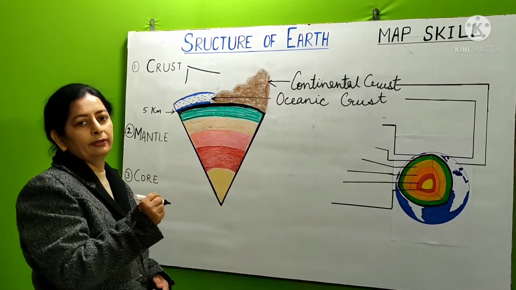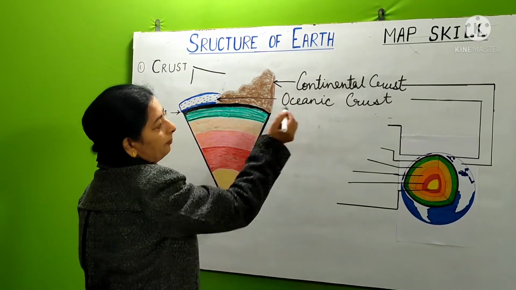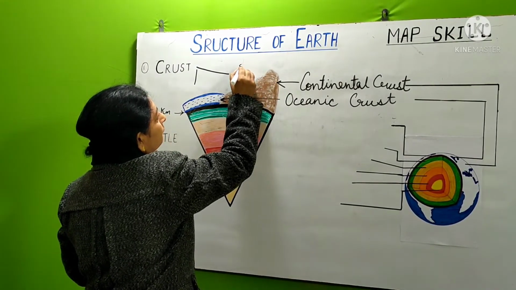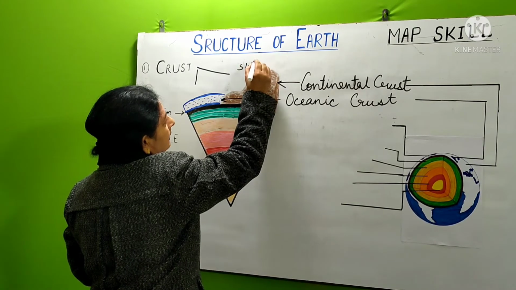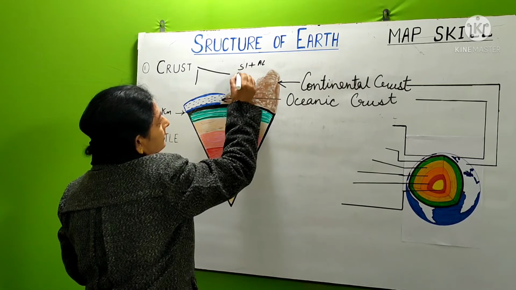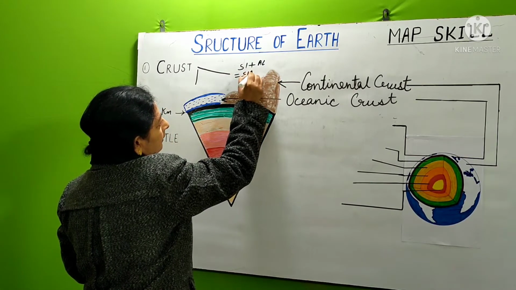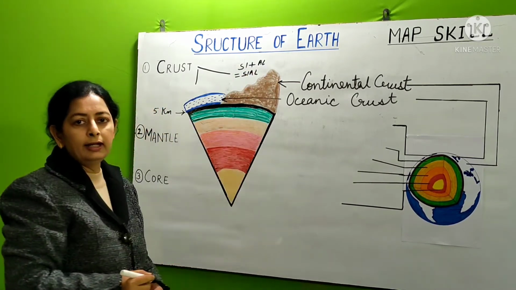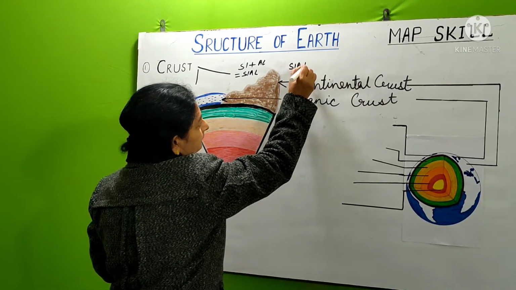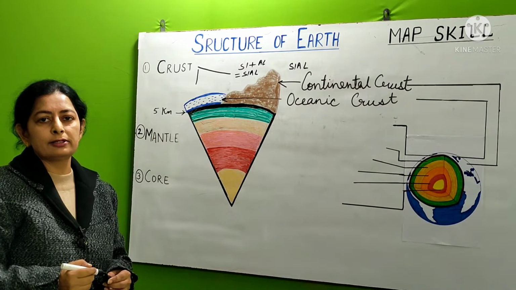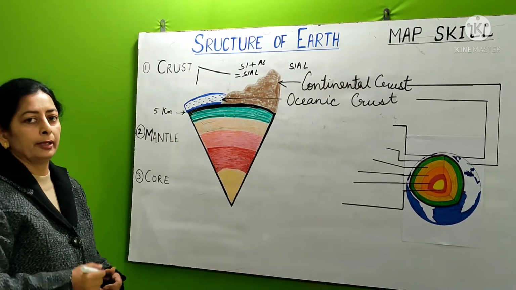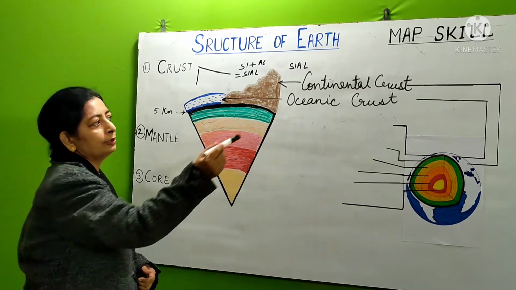The continental crust is lighter compared to oceanic crust also because it is made up of two minerals, that is silica and aluminium. So this is called as Sial. So continental crust is also known as Sial. Means this layer consists of lighter metals, that is silica and aluminium, and this is the reason that it floats